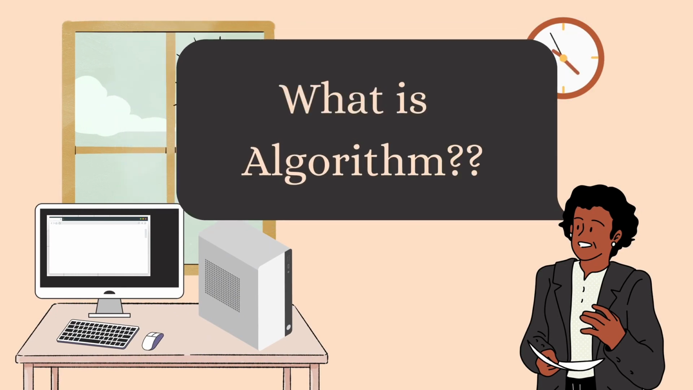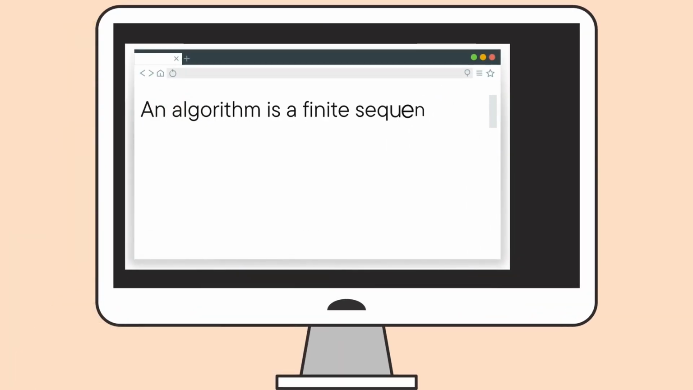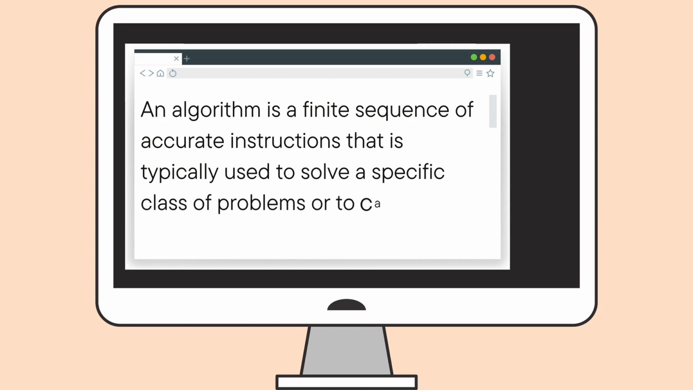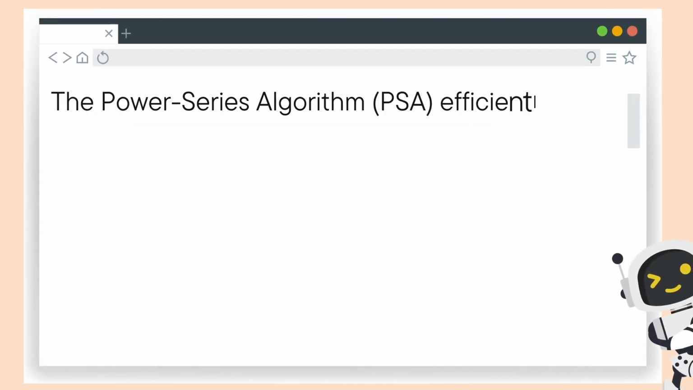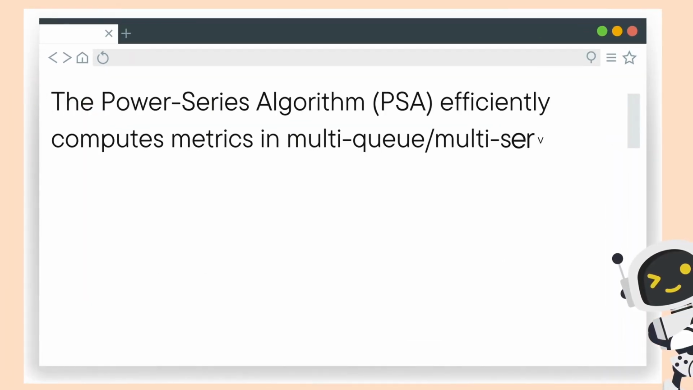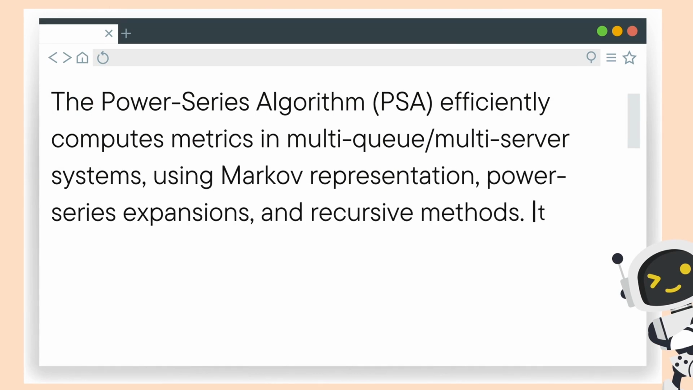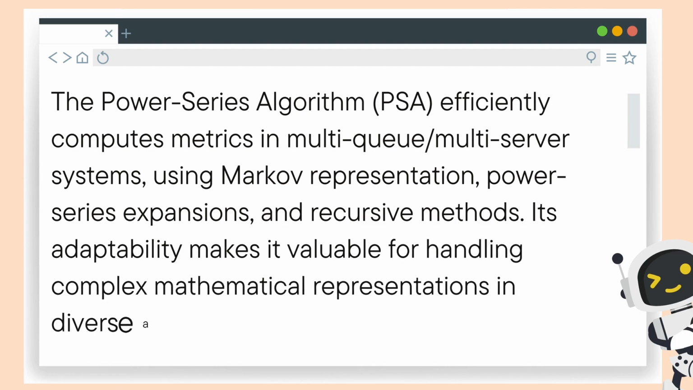What is an algorithm? An algorithm is a finite sequence of accurate instructions that is typically used to solve a specific class of problems or to carry out a computation. The power series algorithm, or PSA, efficiently computes metrics in multi-queue or multi-server systems. Using Markov representation, power series expansions, and recursive methods, its adaptability makes it valuable for handling complex mathematical representations in